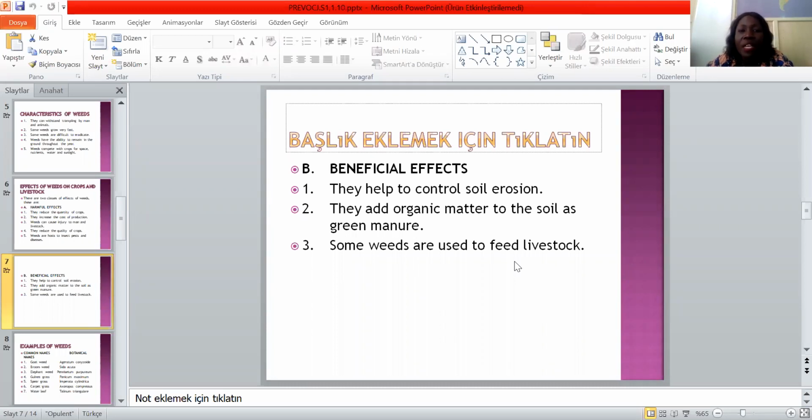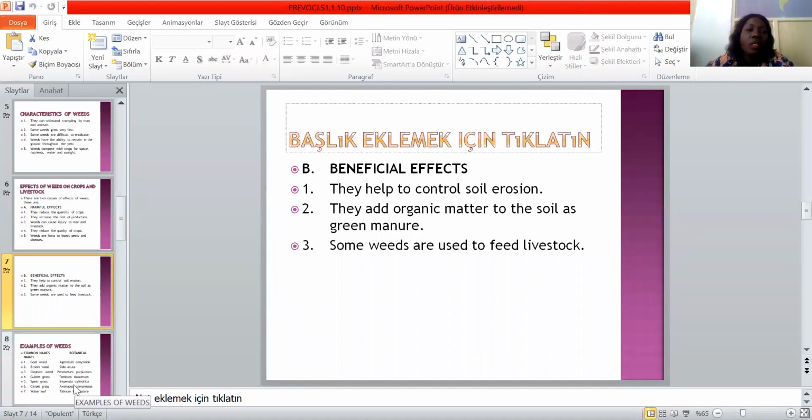Then number three beneficial effects of weeds to crop or to the farmer is that some weeds are used to feed livestock. So this takes us back to the question asked by one of you, that can animal feed on weeds? Some weeds are actually being given as feed to livestock. Like I said earlier on, not all the grasses or not all the weeds can be eaten by farm animals. Some of them are poisonous. So as a farmer, you will know the type of grasses to give to your livestock. And then naturally, these animals, when they get close to grasses or weeds, they know the ones to eat and the ones not to feed on.